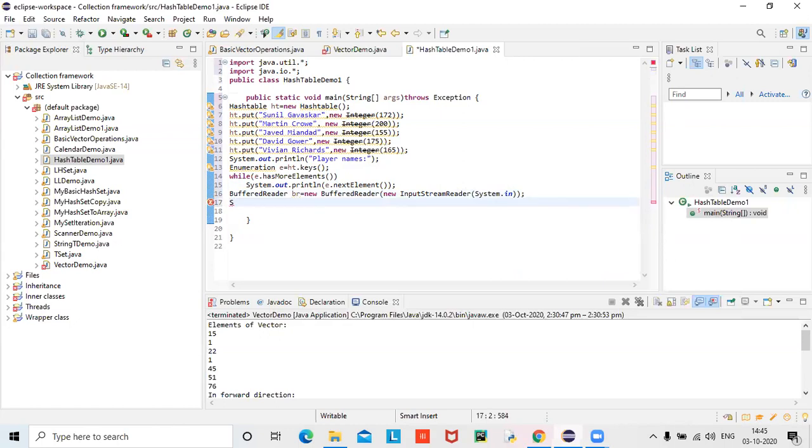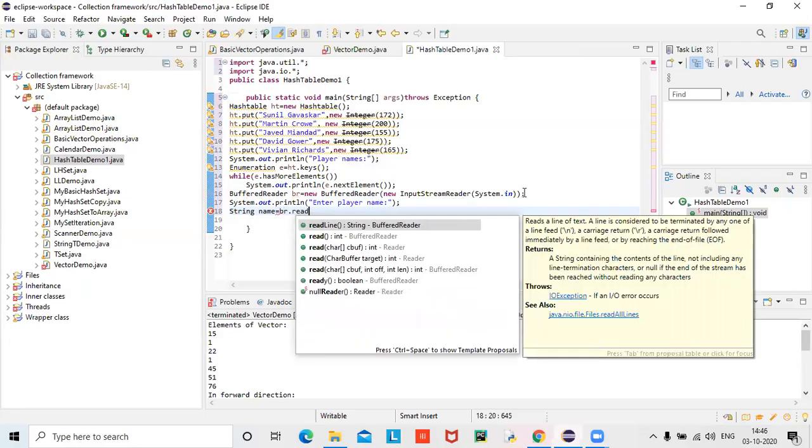Enter player name. SYSO. Okay, fine. Enter player name. Now, seeing that from keyboard, player names are strings or not? Yes. So I have taken string. Now what to write? Br dot read line. Yes, very simple.